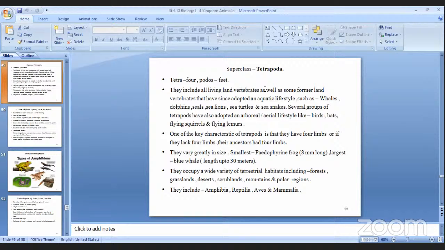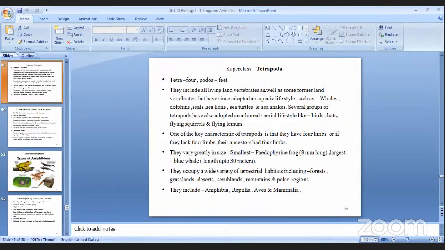These are all the aquatic type of tetrapods. Clear? Then several groups of tetrapods have also adopted an arboreal or aerial lifestyle. So they can be terrestrial, some are aquatic, some are arboreal or aerial, like birds, bats, flying squirrels, and